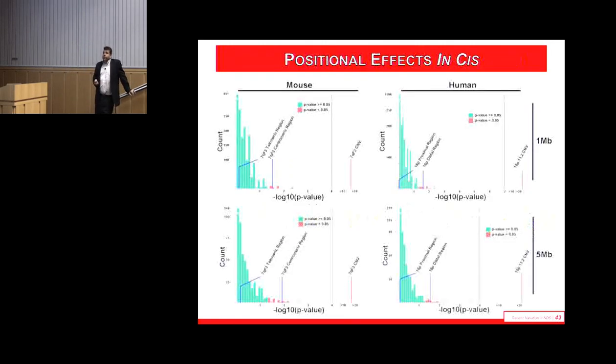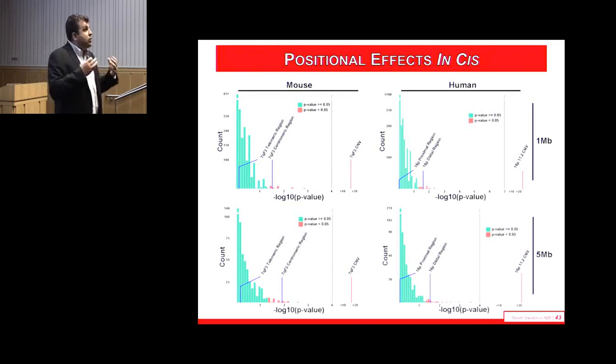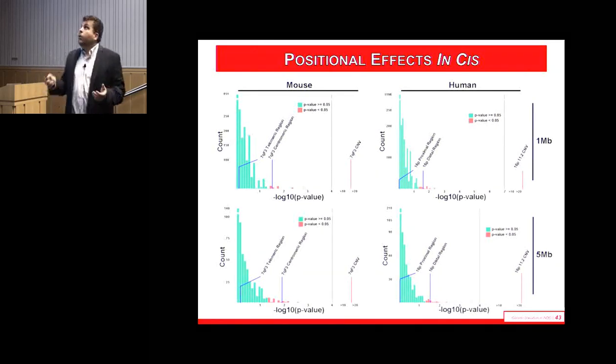One interesting thing we found was positional effects. And I think this is interesting because it might have an impact on nuclear architecture and physical interactions between the chromosomes. In fact, if you take the genome and bin it up into all possible 1 meg bins, and then ask whether we have an enrichment of differentially expressed genes in any of those bins compared to elsewhere in the genome, the region implicated by the CNV is by far the strongest in both mouse and human.